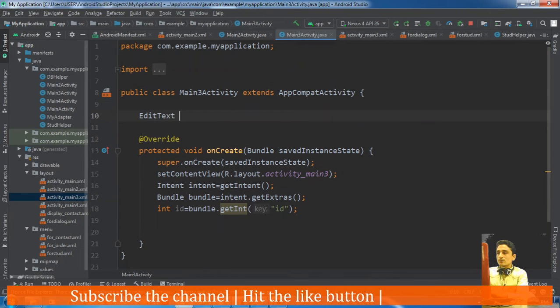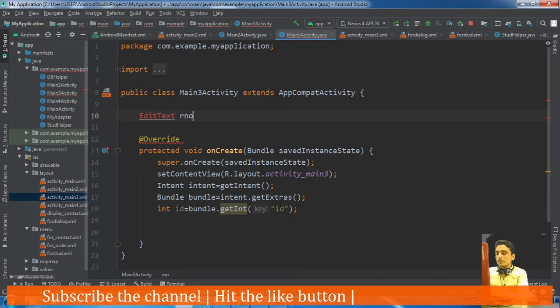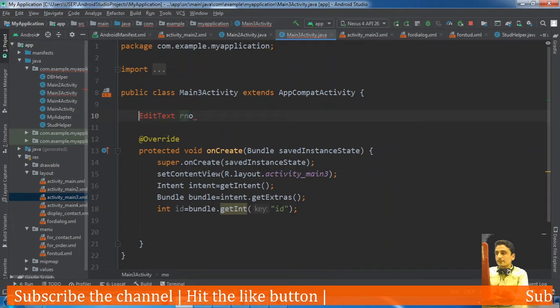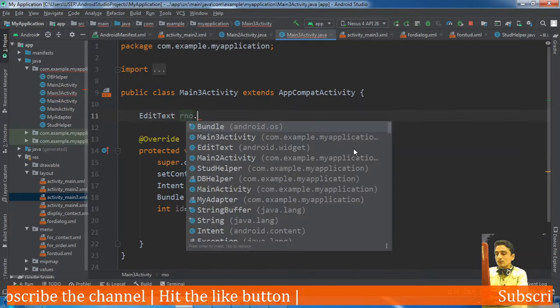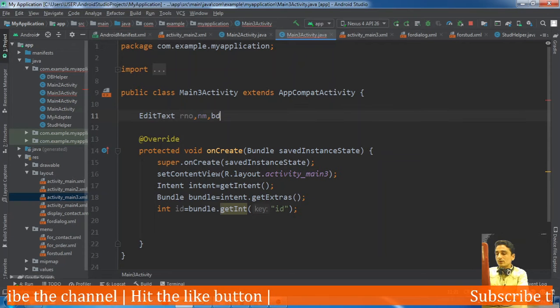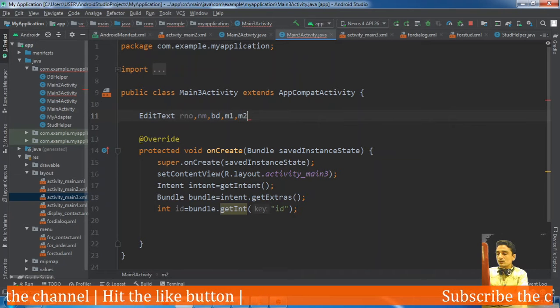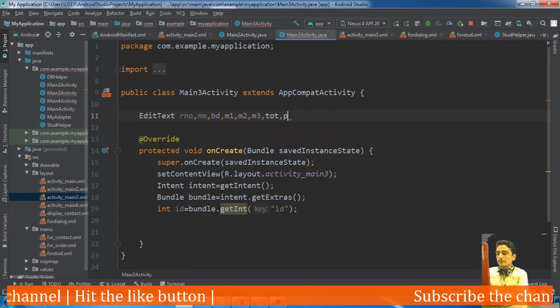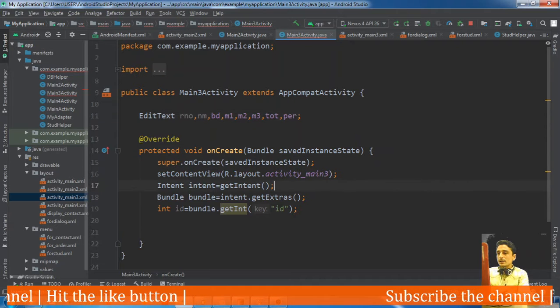Edit text for roll number, for name, for birth date, for marks 1, marks 2, marks 3, for total, and for percentage.